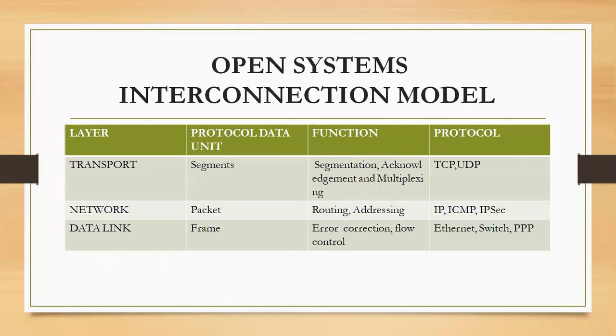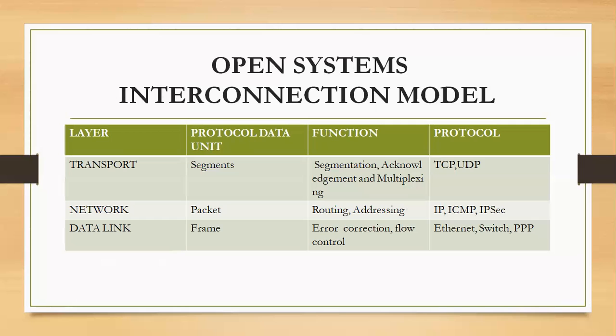Then you have the transport layer, a very important layer. The form of data at the transport layer is segments. They are called segments. Data is broken down into segments at the transport layer. And the function is basically to ensure reliable transmission of data. Okay, reliable transmission of data. You want to be sure that all the packets are delivered.